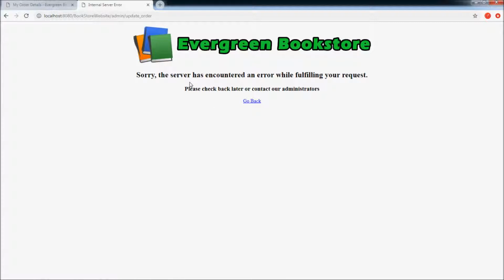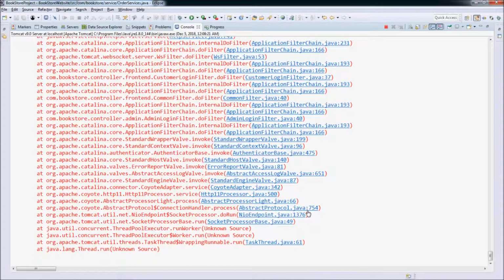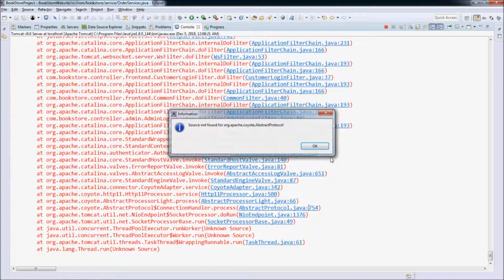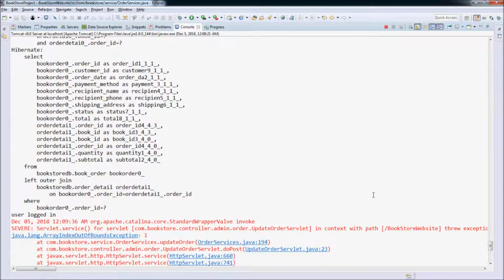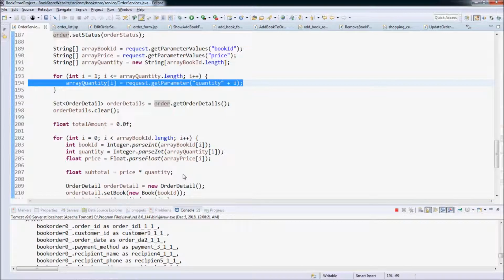and we got an error. The server has encountered an error, so let's see in the console view what the error is. Index out of bound exception. Click here to see the line that causes the exception.